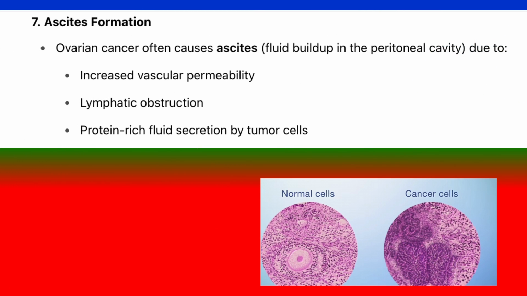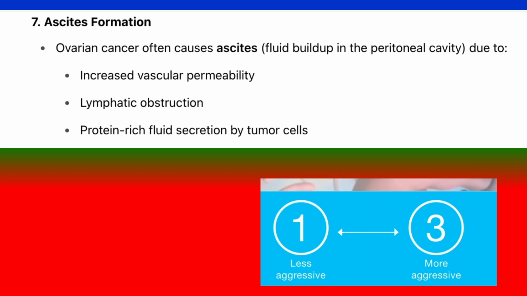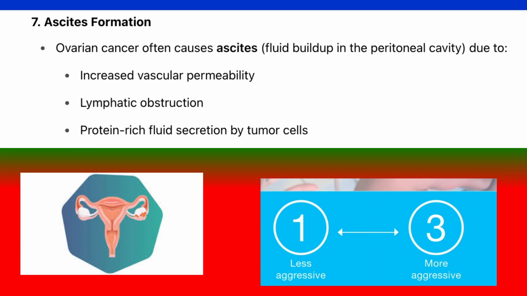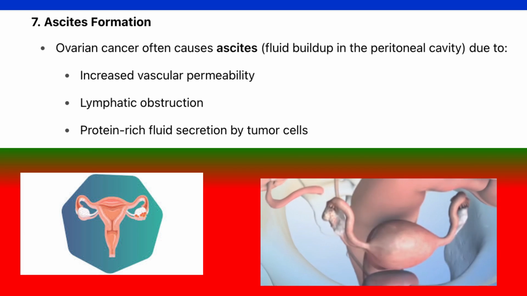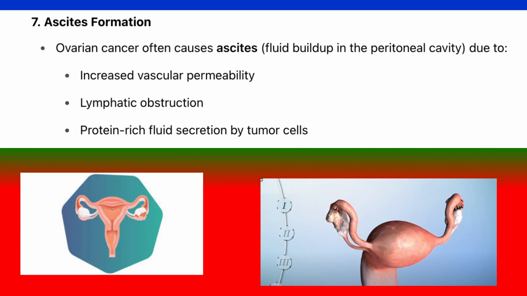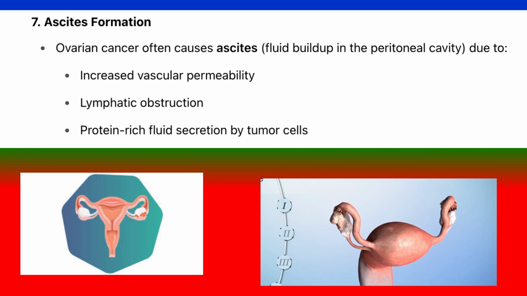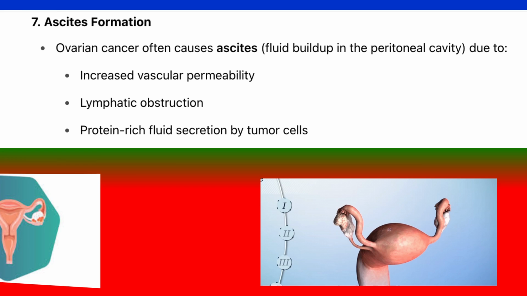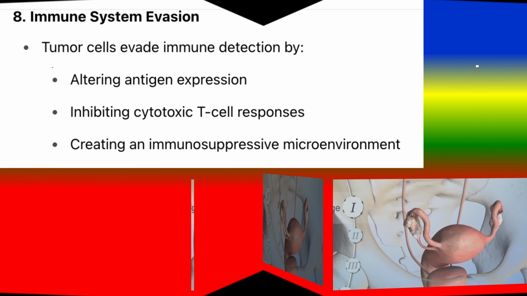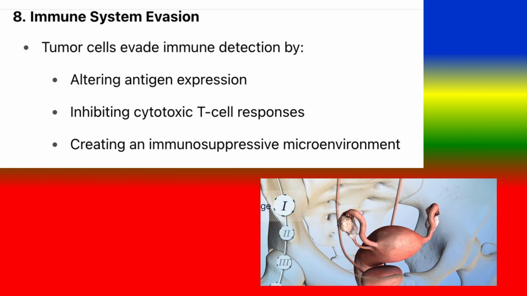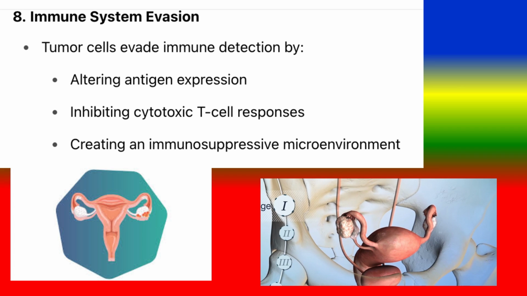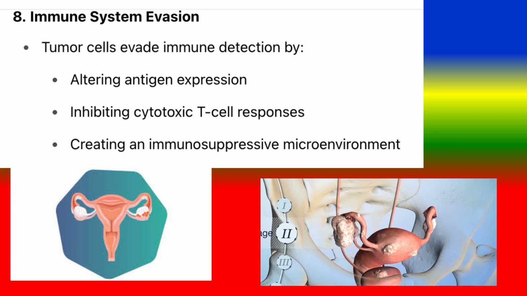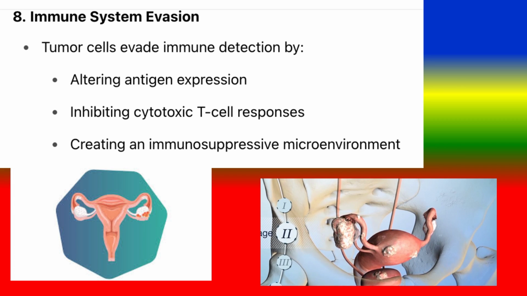7. Ascites formation. Ovarian cancer often causes ascites, fluid buildup in the peritoneal cavity, due to increased vascular permeability, lymphatic obstruction, and protein-rich fluid secretion by tumor cells. 8. Immune system evasion. Tumor cells evade immune detection by altering antigen expression, inhibiting cytotoxic T-cell responses, and creating an immunosuppressive